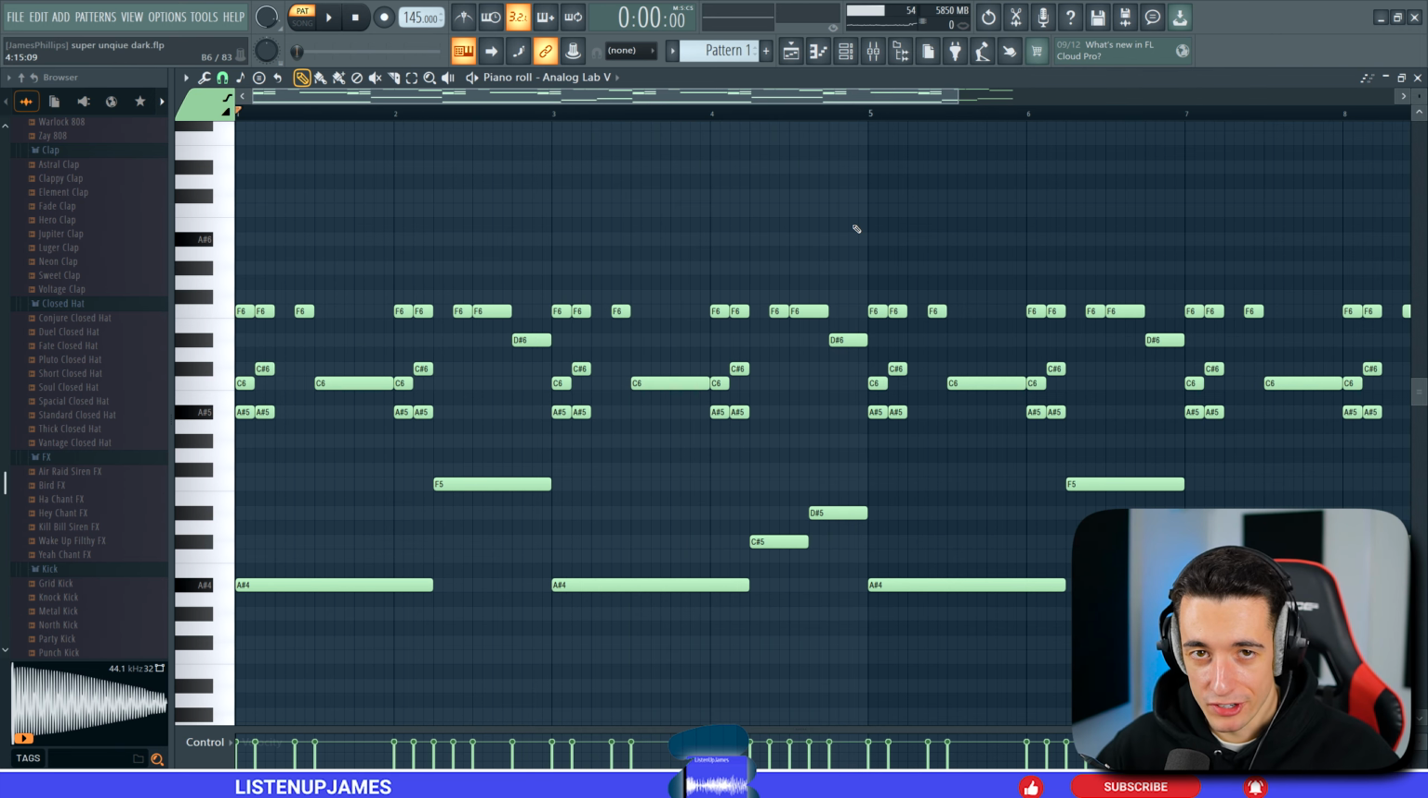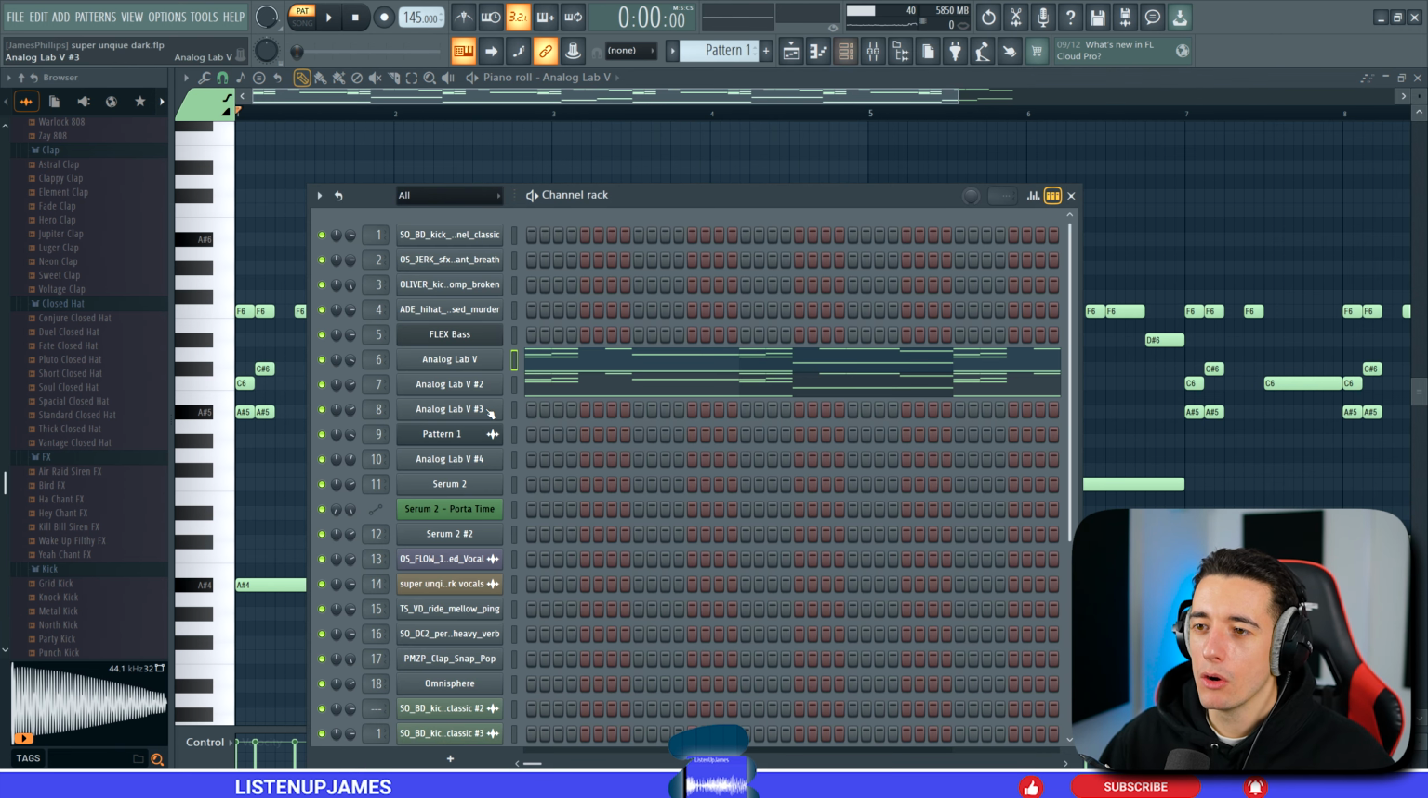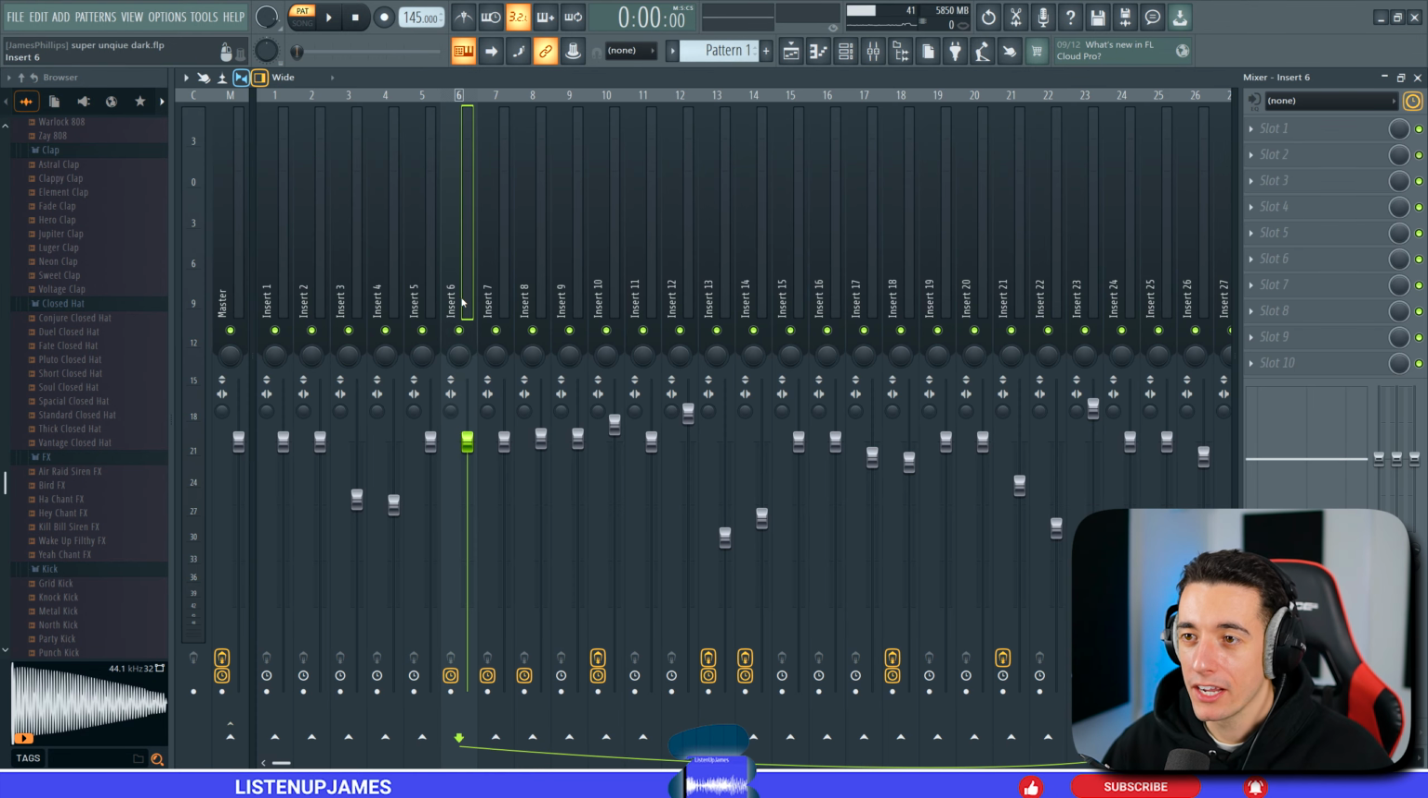Right, now here's where it gets really interesting. We're going to go into the channel rack and we're going to send both of these to their own mixer tracks. In this case, 6 and 7. Then we're going to open the mixer track and we're going to go to these inserts and we're going to right click an empty insert, in this case number 25, down the bottom here, and we're going to press route